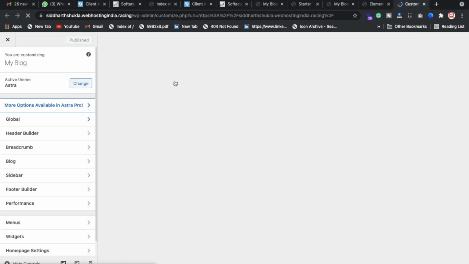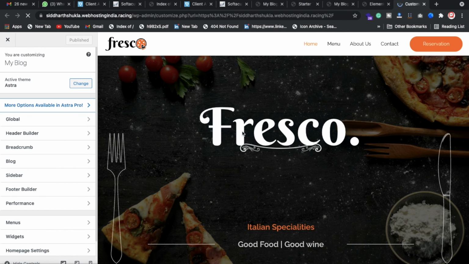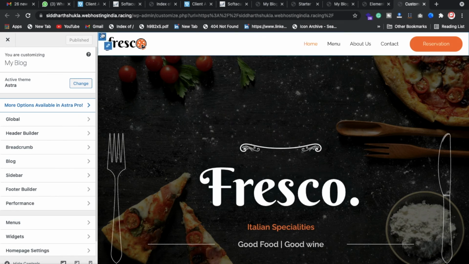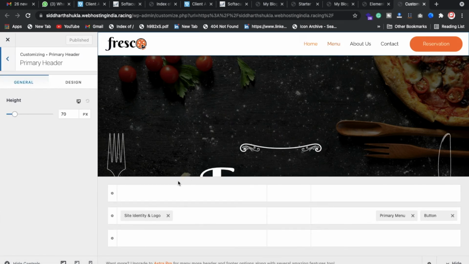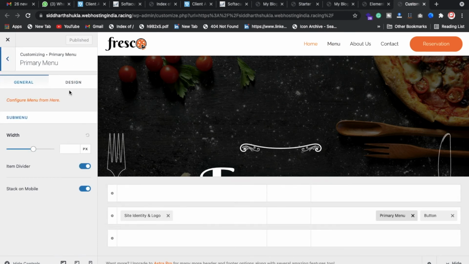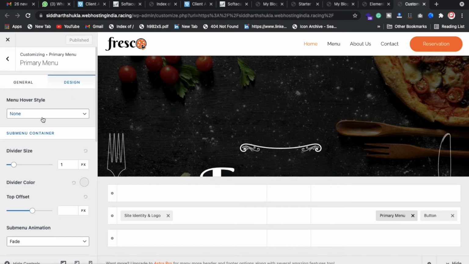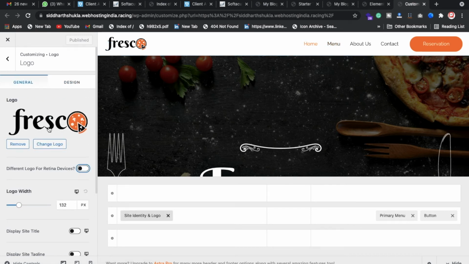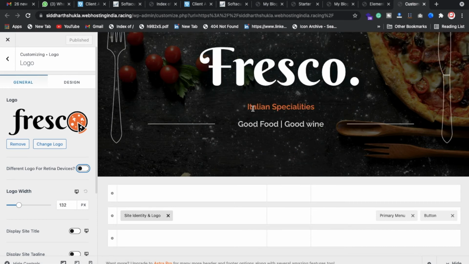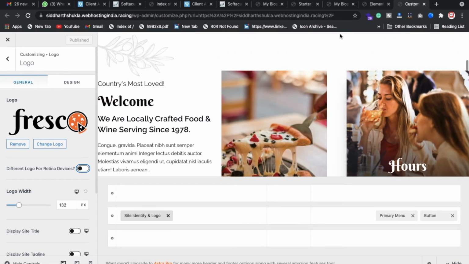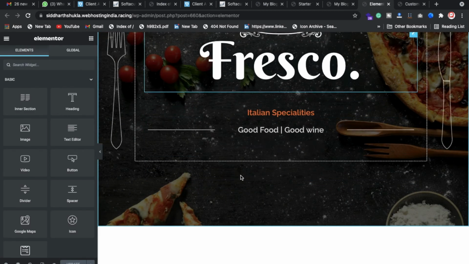work. Okay, so here let me click again the Elementor settings. I'm going to click here. Here we have options like this one. If you need any customizations in the menu bar, just click here, and of course you can control your primary menu if you have one. Look, these are the things you can control from there only. I will show you how you can change this from your side. If you need a logo, you can click here and change the logo. Again, just click below, and here I'm going to show from Elementor.